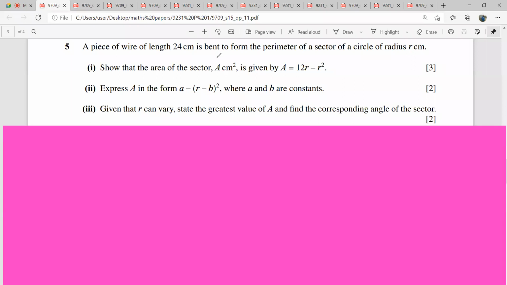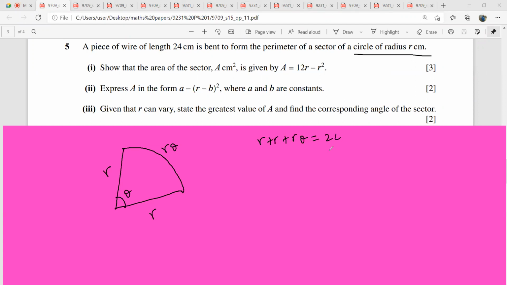This says a piece of wire of length 24 cm is bent to form the perimeter of a sector of a circle of radius r. So you are going to get a kind of a sector here. We know that its perimeter is 24. If this is r, and if this is your theta, then this arc is r theta. Can I say r plus r theta, that is 24, and your r theta is going to be 24 minus